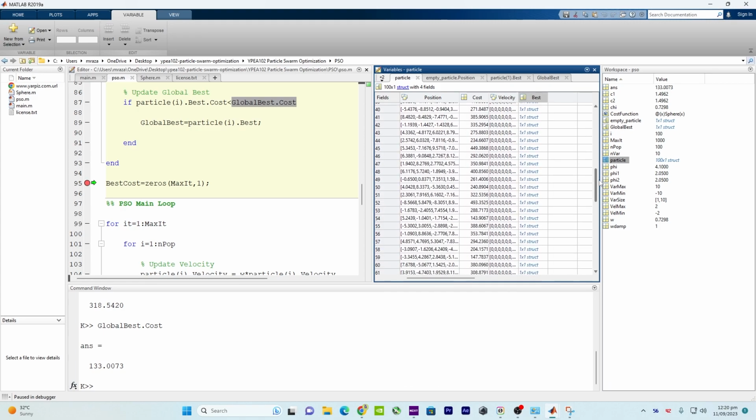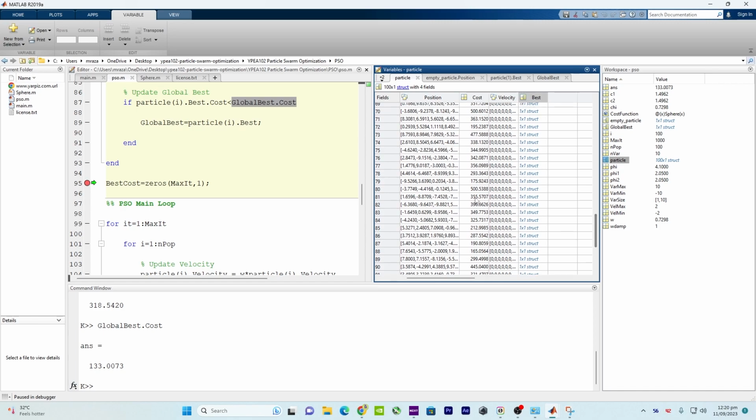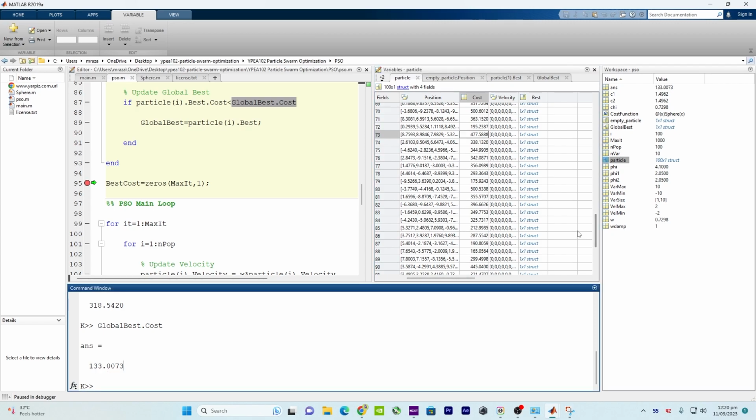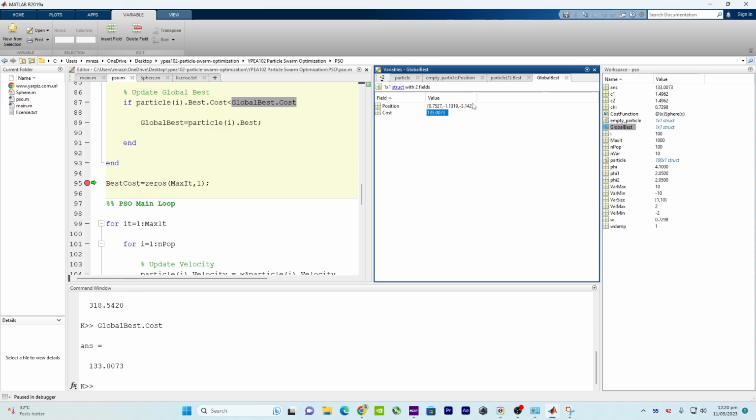We have 100 populations, and here you can see some are good numbers, some are worse numbers, but 133 is the best. Inside our global best, we have the cost, and also the 10 numbers, which we are actually defining. So which 10 numbers are the best? Right now these 10 numbers are the best,